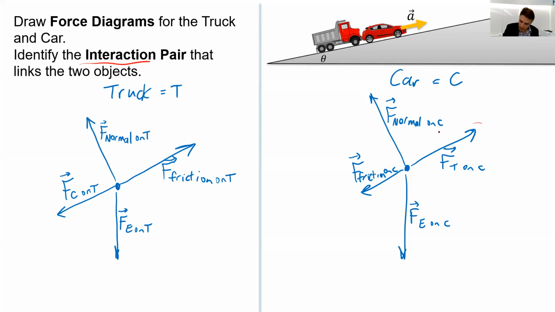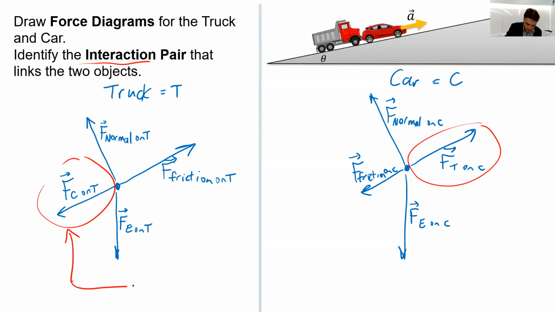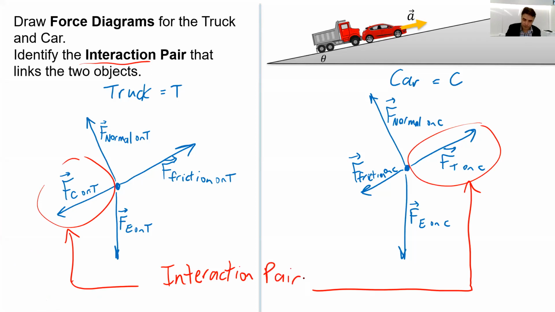The interaction pair is this force and this force. These are necessarily equal and opposite by Newton's third law. The force of the truck on the car is equal and opposite to the force of the car on the truck, okay? And then this one right here, static friction,